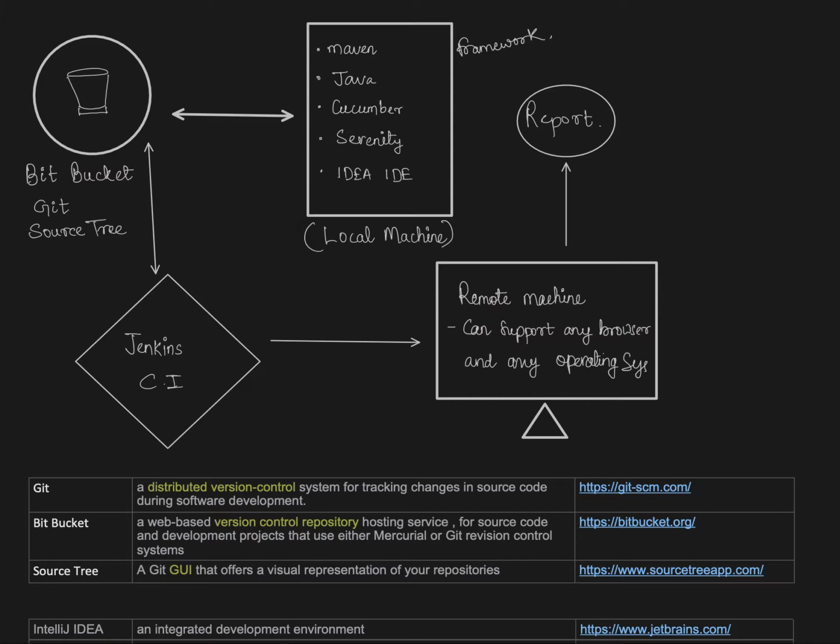Apart from that, to push our code, we'll be using an open source repository again, which will be Bitbucket, and the version control system will be Git. I personally feel that using the bash command all the time is kind of difficult, though it could be pretty easy for some other people. To get going, as of now we'll be using SourceTree at first, because it has a very beautiful GUI and you do not have to remember any of the git commands.